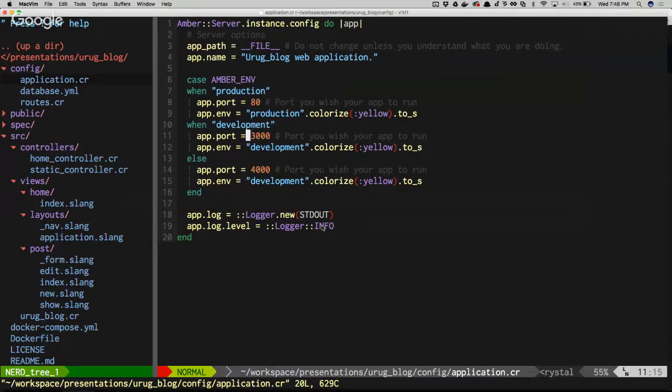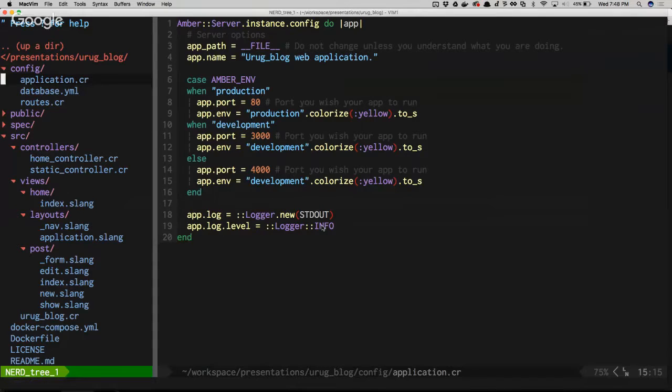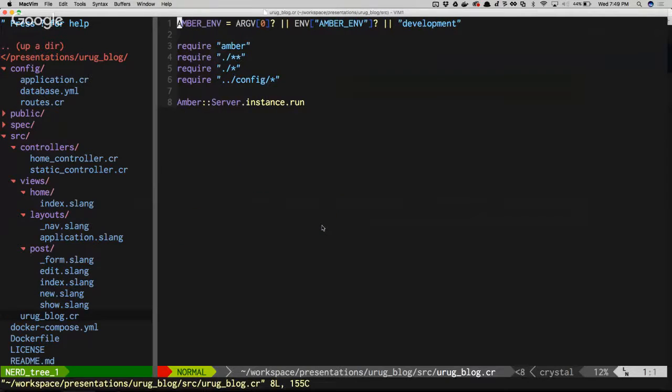If it's development, these are the settings, else just use this port. And that could obviously be extended to include more files or have a lot of different settings. And that is basically being generated in the main file right here, saying set Amber environment from the arg if it exists, if the environment variable exists, otherwise go to development.